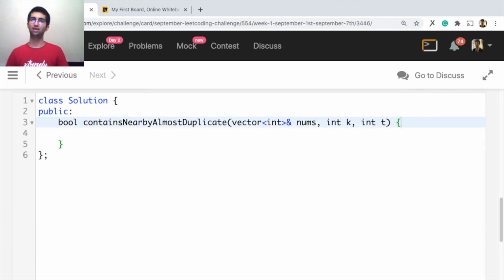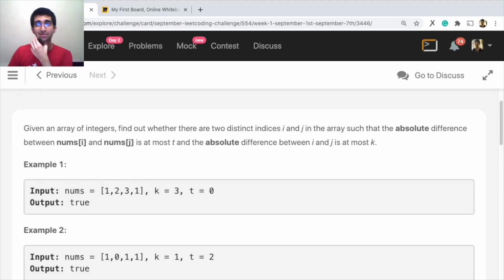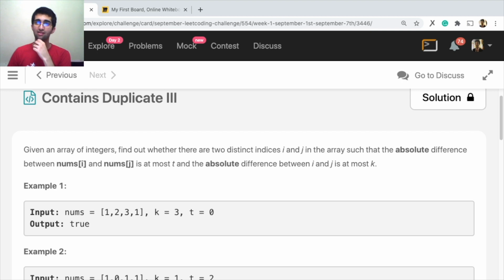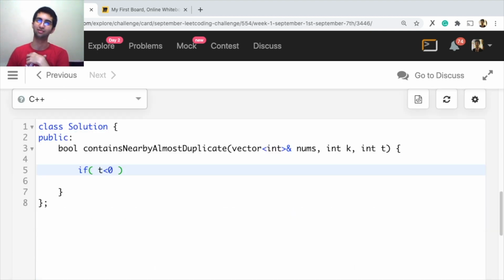First of all, what do I need to do? I need to store in my window all the k values, right? So before that, some rules. If the value of t is less than 0, then I have a problem, right? What is t? t is the difference between these two, but it's absolute, so it can't be less than 0.